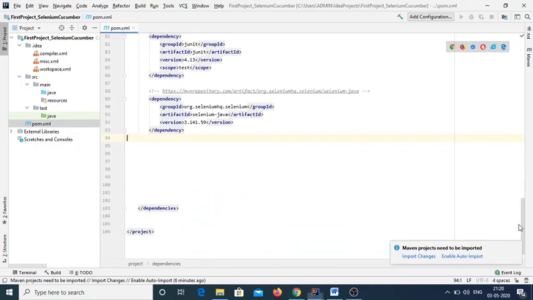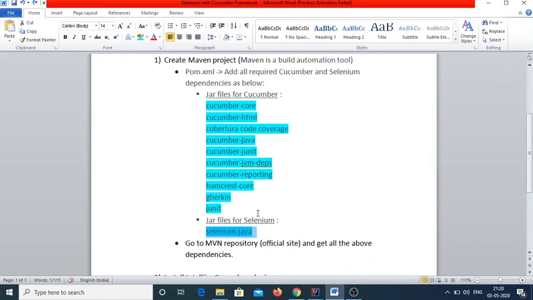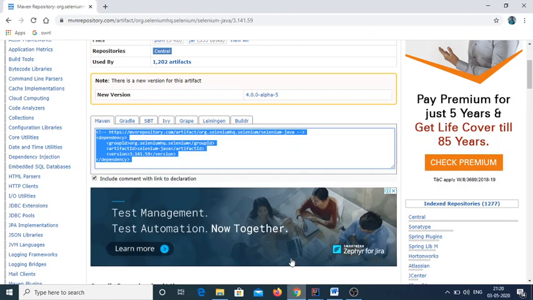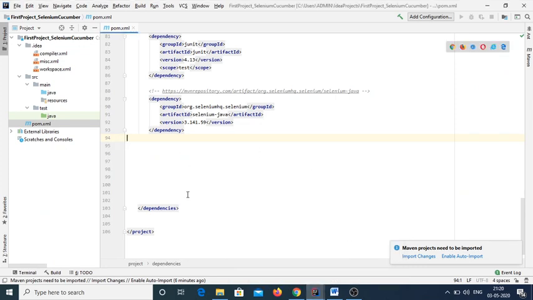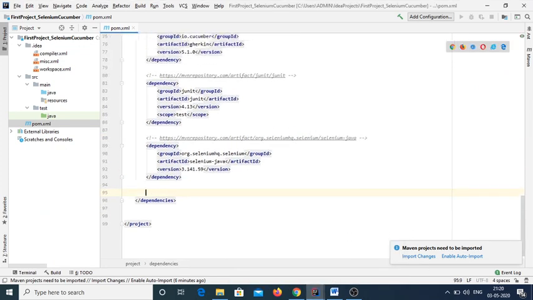Okay, so done. The first setup is done. We have already added all the dependencies. Now what we need to do is go into IntelliJ. If you observe over here, it will show the pop-up: Maven projects need to be imported. So whatever dependencies we have added, we need to click on import changes.